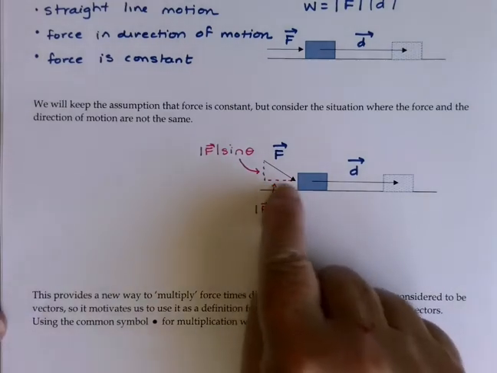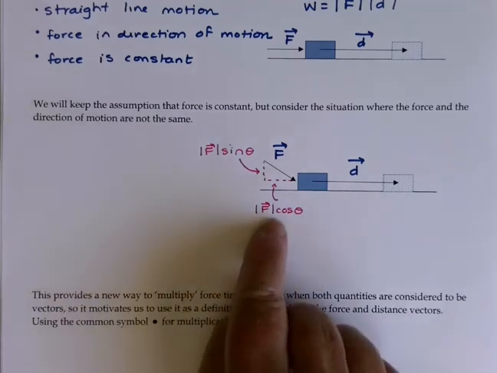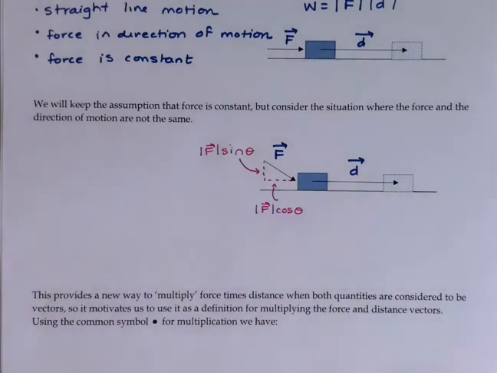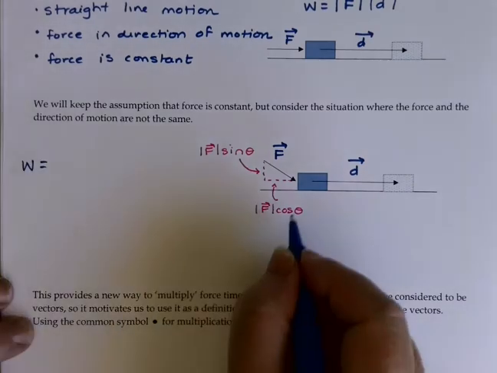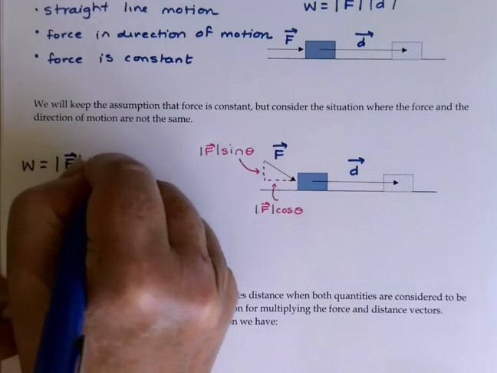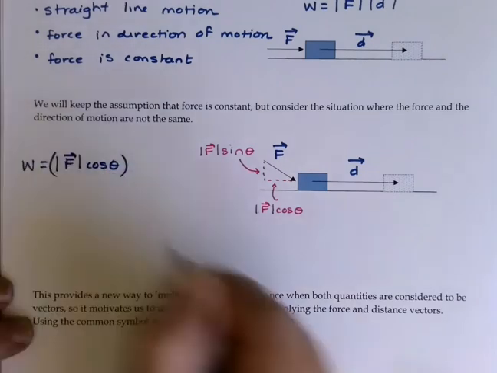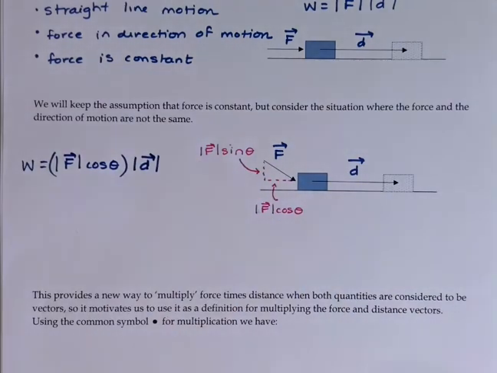Because only the horizontal part actually helps me move in the horizontal direction, this is the only part I can count in my calculation of work. So work becomes this piece of the force